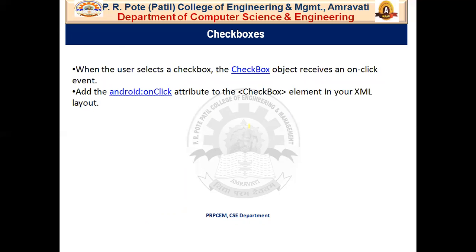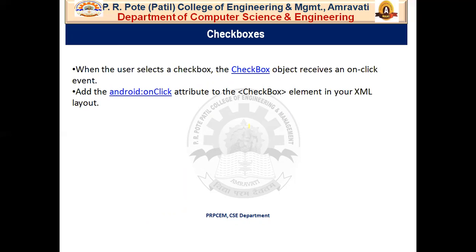Now, responding to click events. When a user selects a checkbox, the checkbox object receives an on-click event. Likewise, in radio buttons, we have used the on-click method on the button. After clicking on this button, it will show how many radio buttons are checked. That is the on-click event.